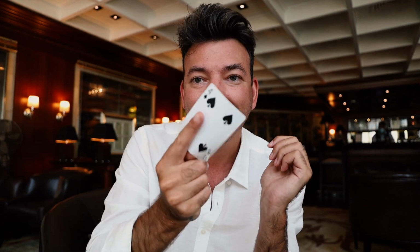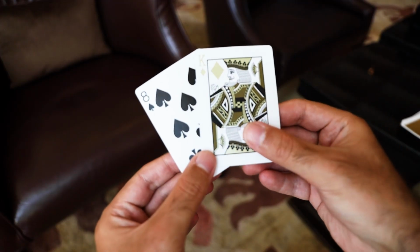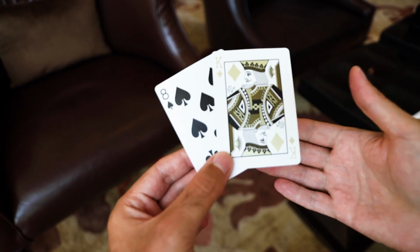So that's just the evolution of what it should be, okay? So from here, that was my imitation of people trying to do this move, to something a little bit better, all right? All right, let's get into the technique of the snap change, how to actually do it with the fingering position